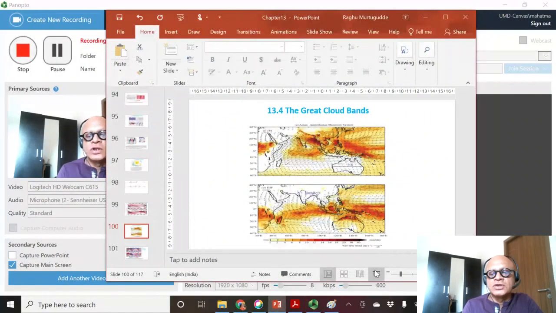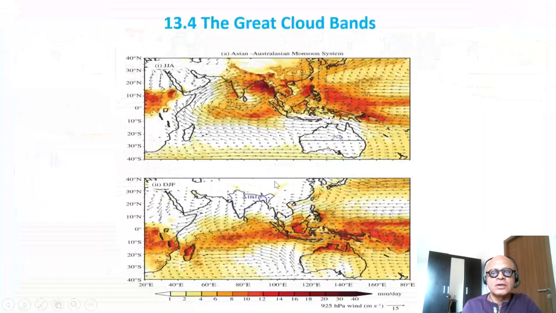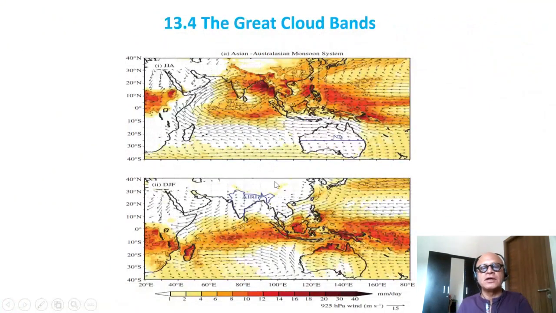We are coming to the close of this rather long chapter, and the last bit to diagnose is what we called before the Great Cloud Bands. This one has the name SPCZ in DJF, and is very strong as the northern ITCZ moves south. In the Indian Ocean, it's typically referred to as the marine ITCZ, but you can see, as we said before,